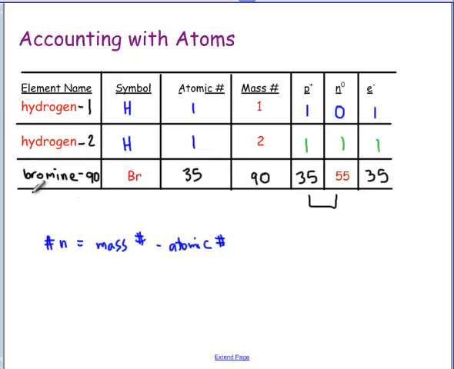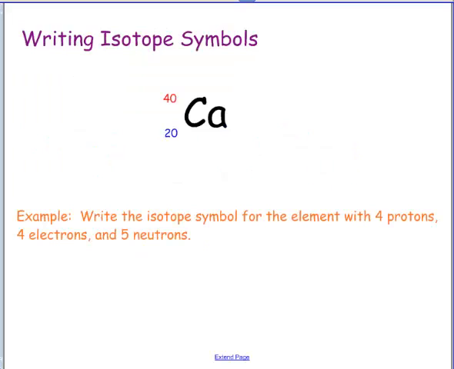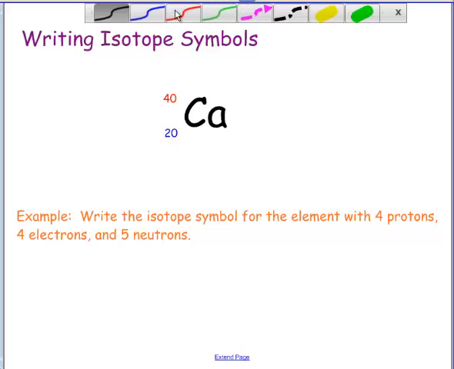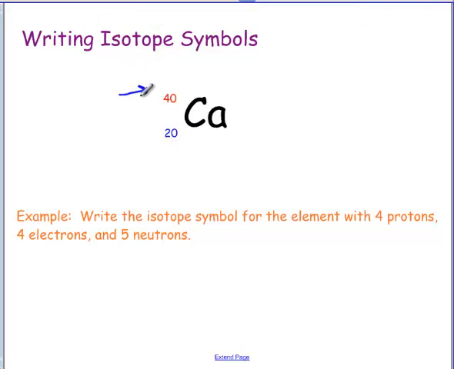Now this gets a little complicated, and so of course chemists like shorthand ways of representing elements. The way that you'll commonly see elements represented when we're discussing isotopes is this version, where we still have the element symbol, but then we have two numbers that are represented as superscripts. Actually, one is a superscript and one is a subscript before the element symbol. And what these two numbers represent is the top number represents the mass number of that element, and this is